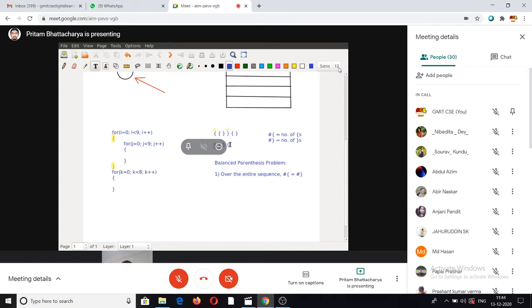Now see here, this is also an invalid sequence, right? You cannot have an opening brace first, followed by a closing brace, followed by an opening brace. But here the first condition is actually not violated, because the total number of opening braces is 2, and the number of closing braces is also 2. So this is not enough to characterize what a valid sequence is.